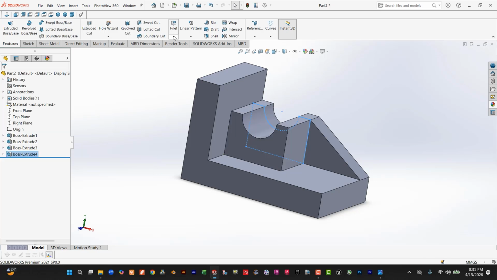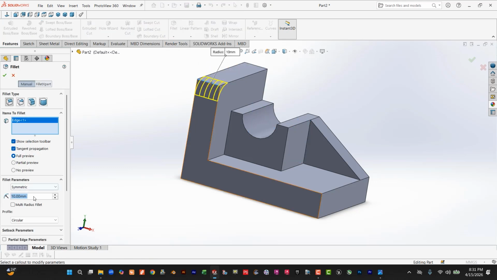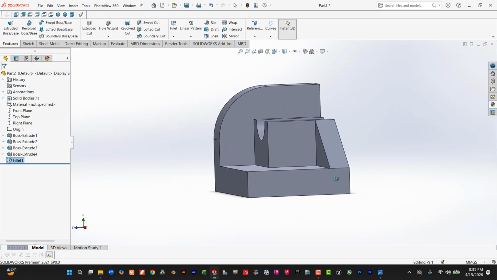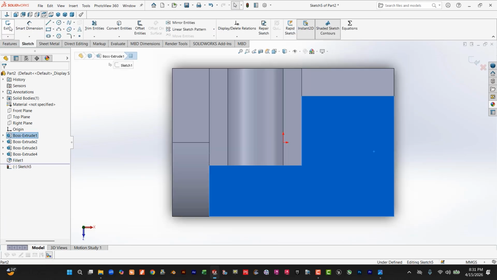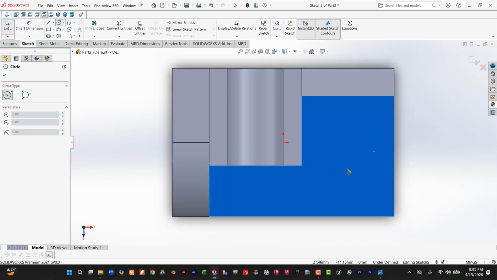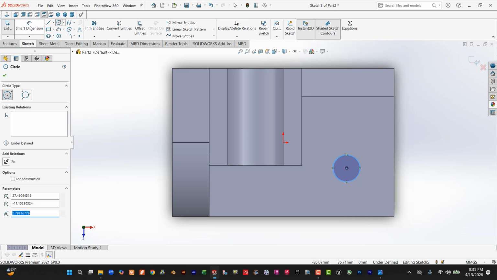Okay, go to the Fillet and select this edge, and the radius is 32. Okay, select this portion, Sketch, draw a circle, Smart Dimension 12,